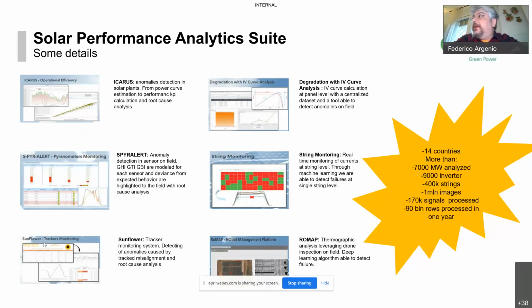We created an algorithm able to monitor the different pyranometers in the field and to detect the different causes of abnormal behavior of this sensor, so that the person on the plant can do a precise maintenance and a precise recalibration of this sensor. Then another tool I am very proud of is the string monitoring,